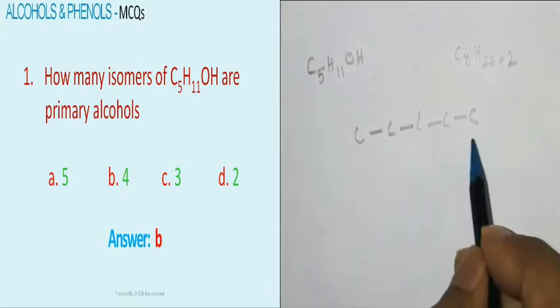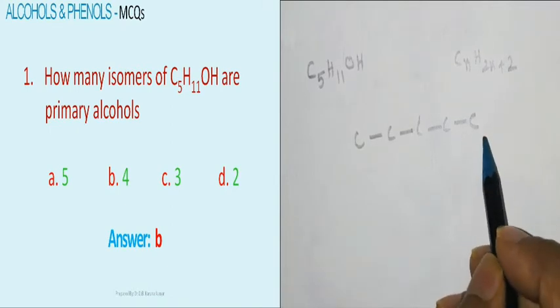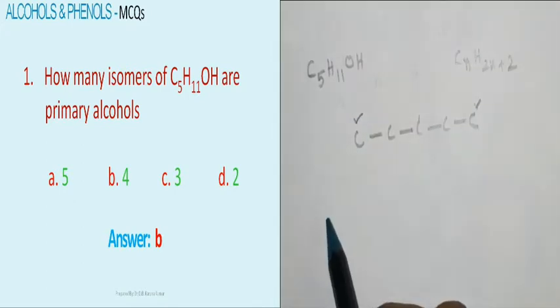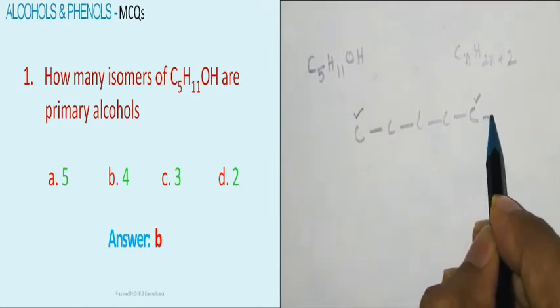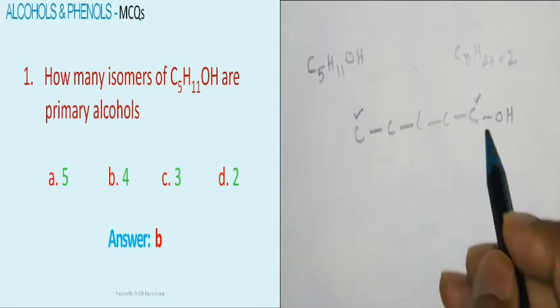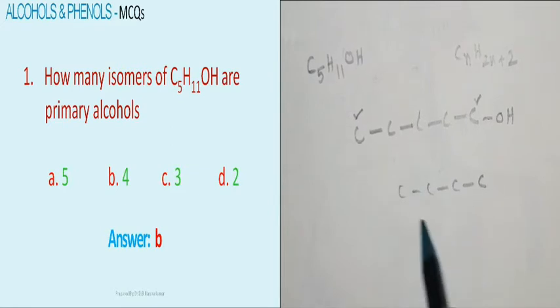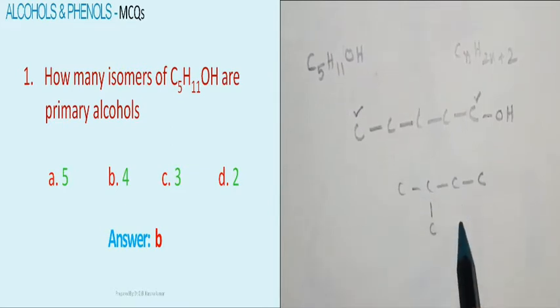So what are the primary carbons? Primary carbons are carbons having connection to only one more carbon directly. So this is one primary carbon, this is another primary carbon. Both of them are synonymous to one another. Hence we are going to get only one product, namely one primary alcohol with the 5 carbon chain. Then immediately we write 4 carbon chain. When you write 4 carbon chain, the 5th carbon can be placed either here or here. Both of them are going to give same product. Hence I have written the carbon here.